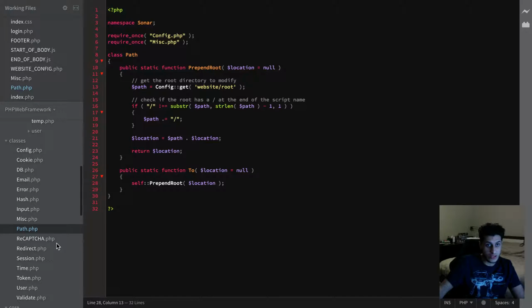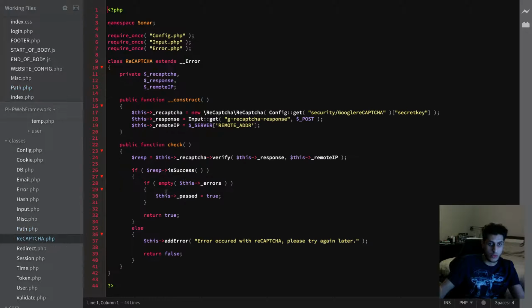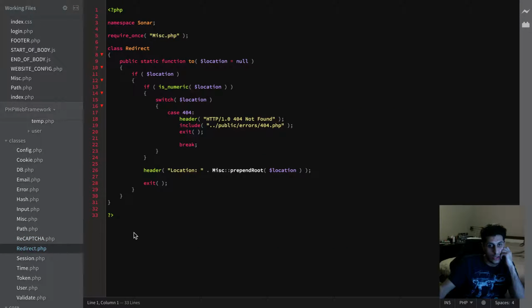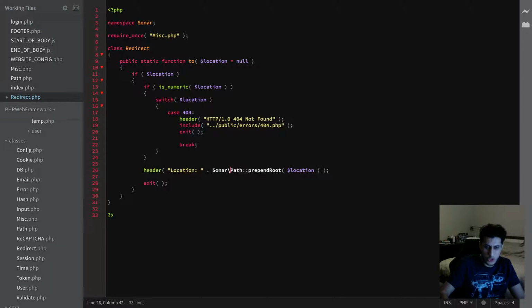Okay, that, yeah, shouldn't be a problem. We're getting the config file in here, so that shouldn't pose an issue. Recapture. Don't think this is doing anything with miscellaneous. Redirect. I'm going to change this to path. Not too sure if we're even using this file anymore. I'll have to check that out at a later date. Redirect to, actually,